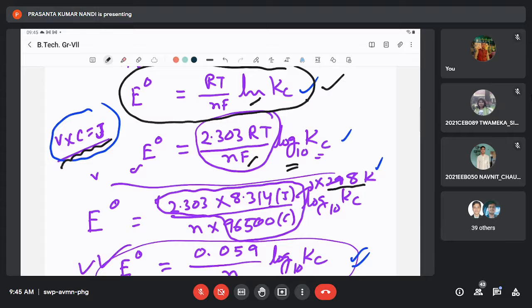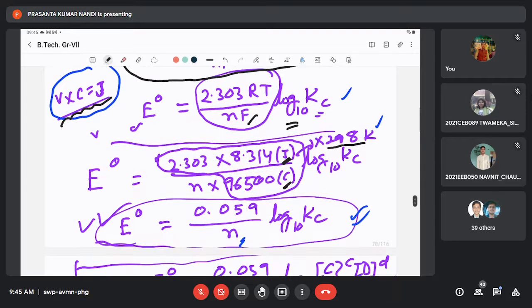So that's why joule by coulomb, J by C, would be equal to what? The right hand side in potential V, right? So this constant factor 2.303 into 8.314 by 96520 into 298, these whole factors come out to be